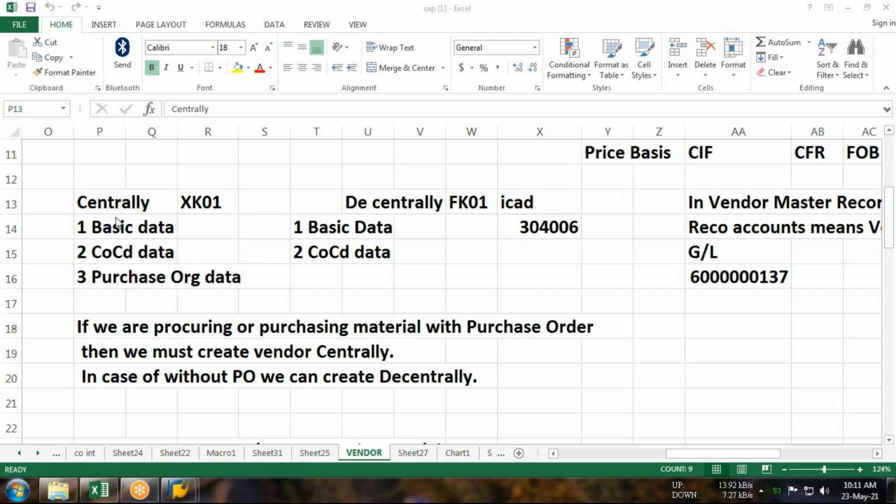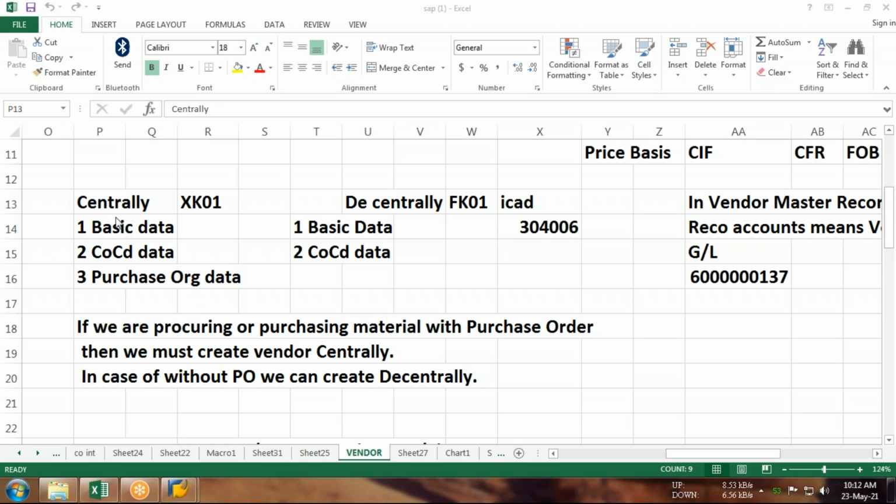So purchase organization, the configuration of the purchase organization, is a part of MM, material management. If you want to create the vendor centrally, remember one thing: you have to take care of two modules. FI, which you are in right now, and to configure the purchase organization, you need to go to the next module, called material management.